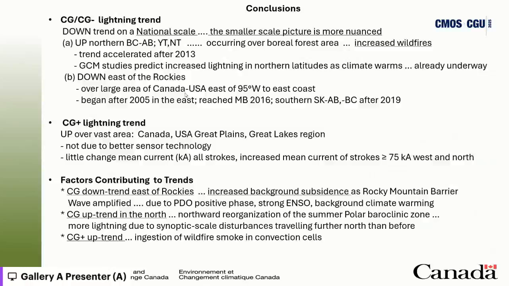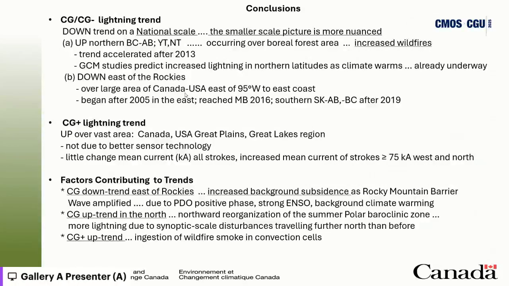Next slide. And just to summarize the conclusions here, on the national scale, the lightning is downtrending, but it's dominated by larger amounts of lightning in the Great Lakes area in the east compared to the west. There is an uptrend in northern BC and Alberta, Yukon, Northwest Territories. This is occurring over the boreal forest area with increased likelihood of wildfires. The trend accelerated after 2013. GCM studies predict increased lightning in northern latitudes as climate warms, and this, we feel, is already underway. And there is a downtrend to the east of the Rockies over a large area of Canada and the USA, east of 95 west to the east coast,